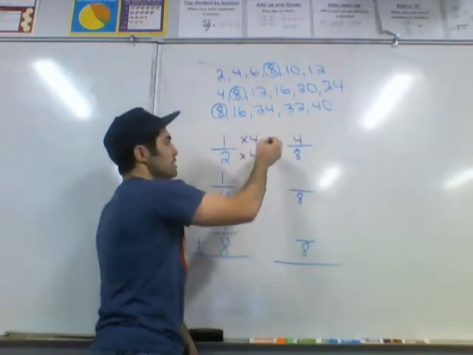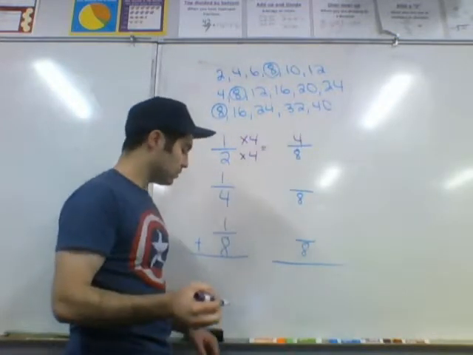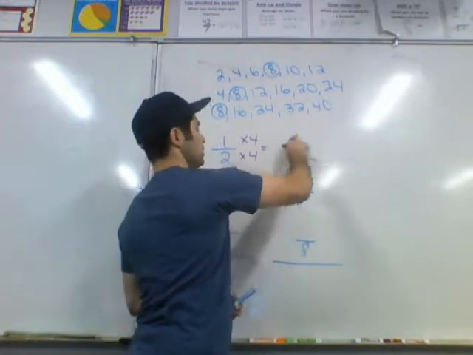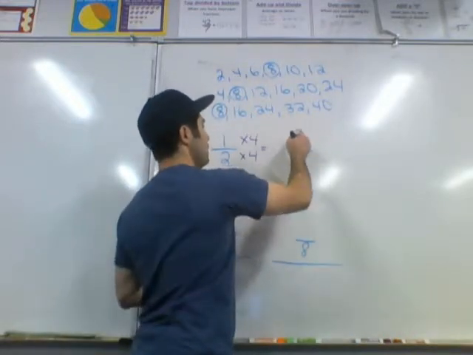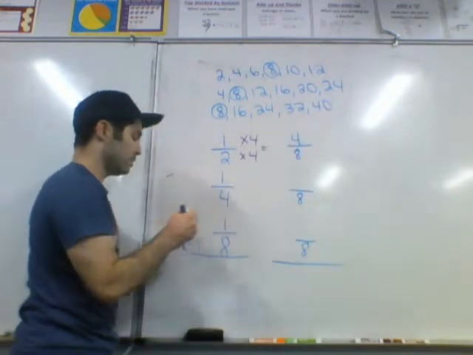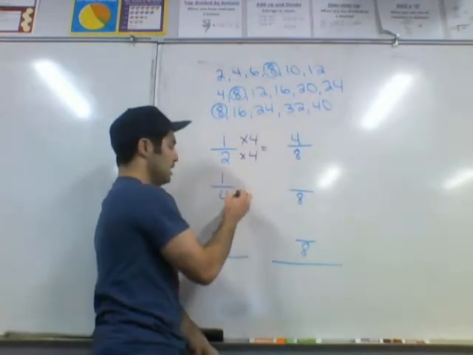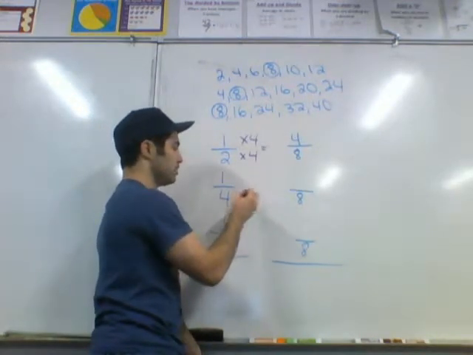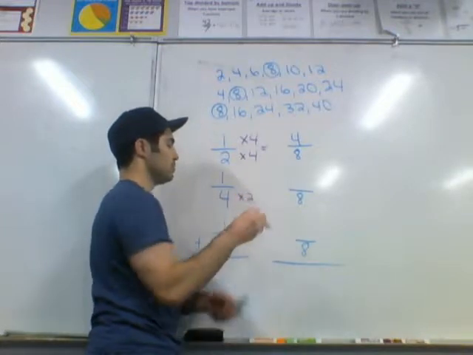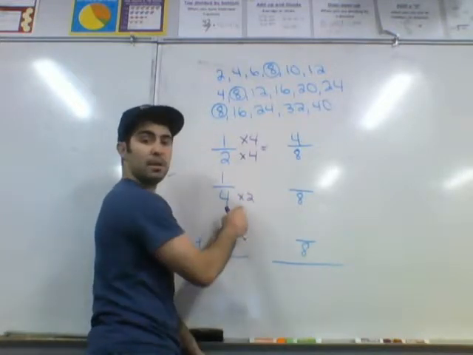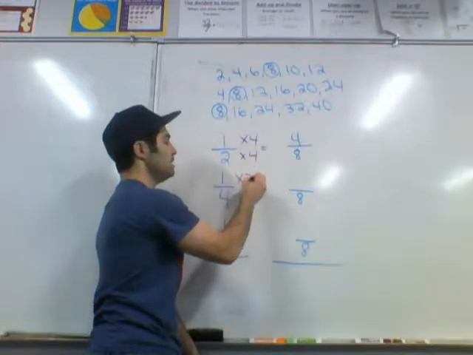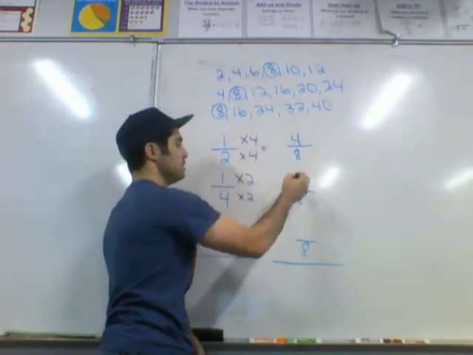So 4/8 equals, I like doing this in blue, 4/8 equals 1/2. Then you have to ask yourself, 4 times what number equals 8? Well, 4 times 2 equals 8. So if I multiply the bottom by 2, I have to multiply the top by 2. 1 times 2 is